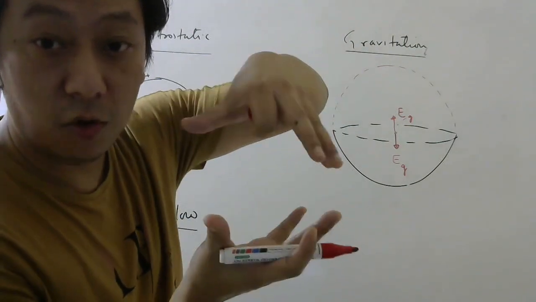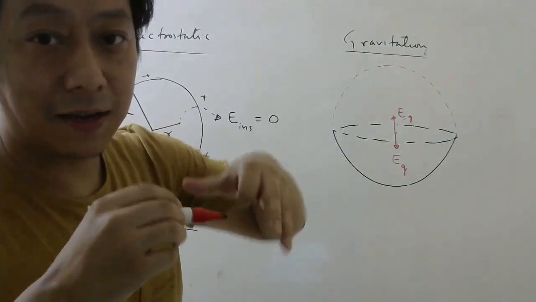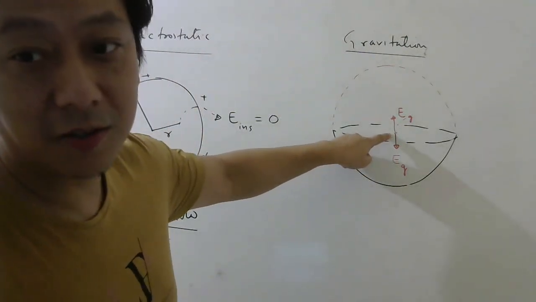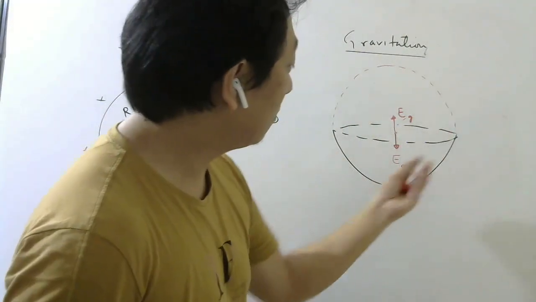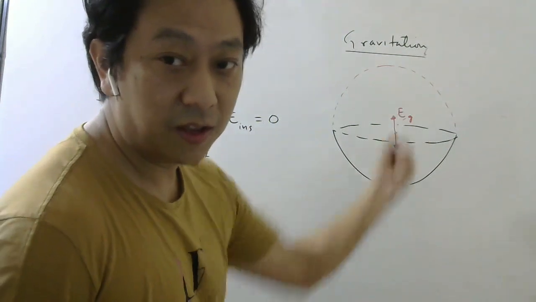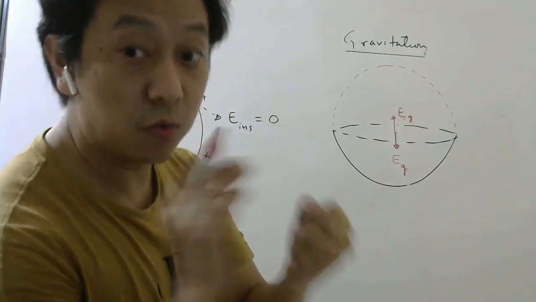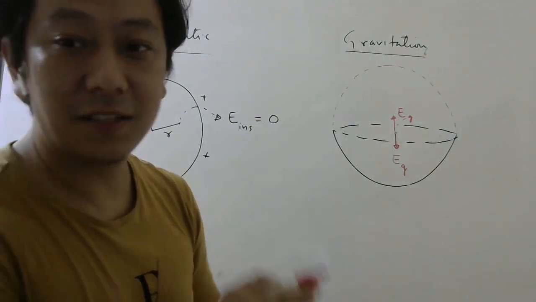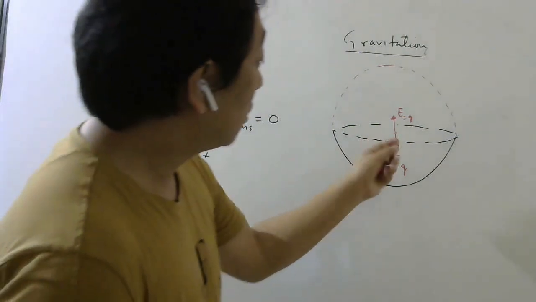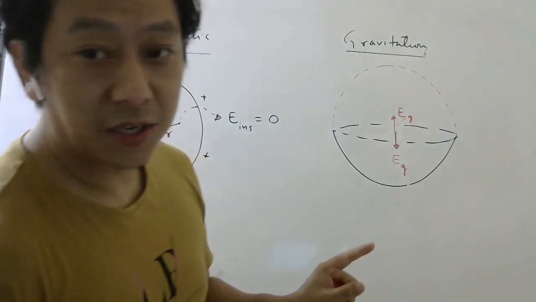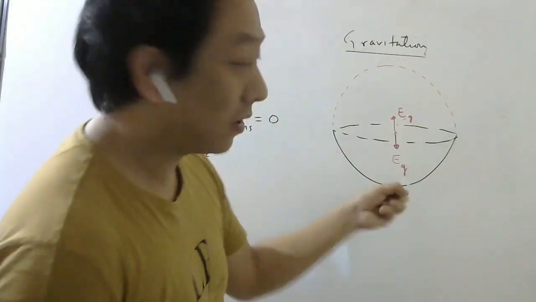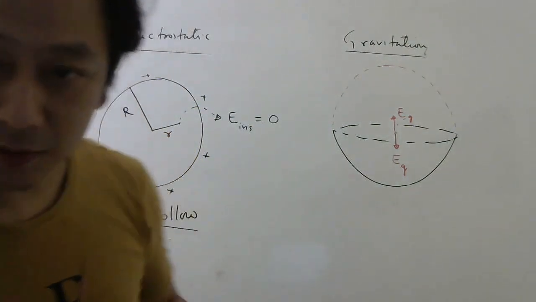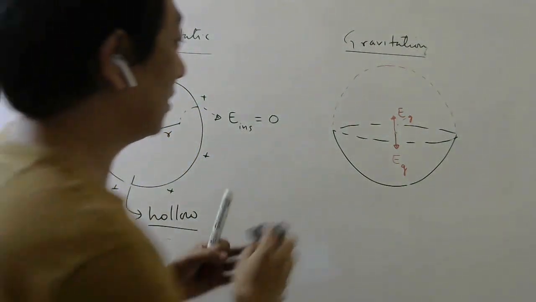0. For a hollow sphere, just now I told you electric field inside is 0. If it is 0 inside, it is 0 at the center also. So this lower half will produce gravitational field towards it. It is always towards, for gravity, because for gravity we don't have positive charge, negative charge like that. So the lower half will produce gravitational field towards it, and the upper half will produce towards it. So total will be 0. That is something very easy to understand.